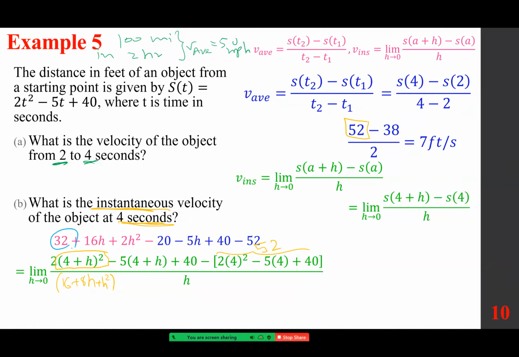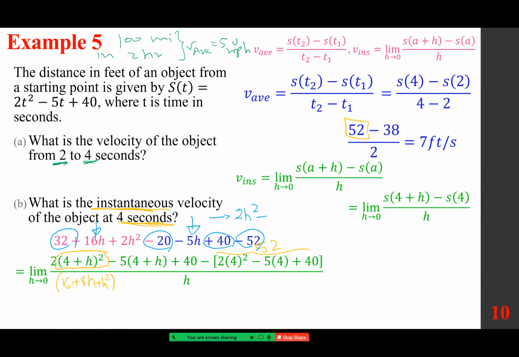$32 minus 20, 40 minus 52. They add up to 0. They add up to 0. They cancel each other. So we end up with 2H squared plus 16 minus 5, 11H. So the numerator simplifies to